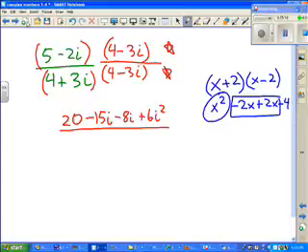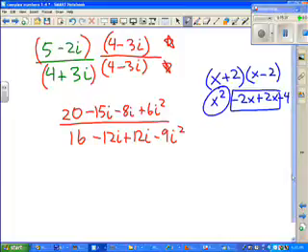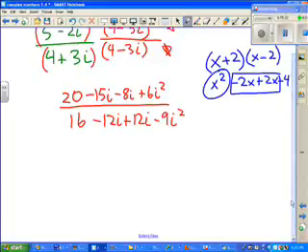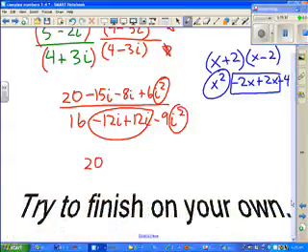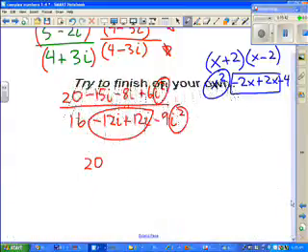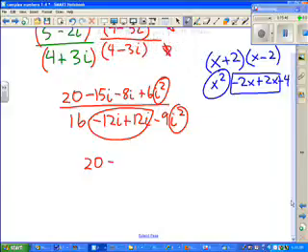All divided by 16 minus 12i plus 12i minus 9i squared. Well, I've got some simplifying to do. The middle terms are going to become 0. This i squared is going to become -1, and that i squared is going to become -1. So I've got 20, and let's add up my i's up there in the numerator. So that's negative